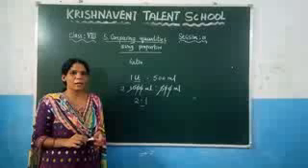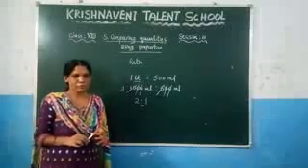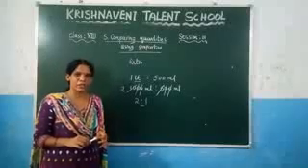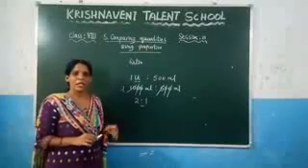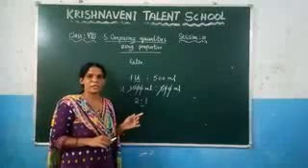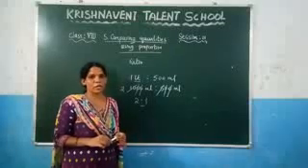The ordered comparison of the quantities, we call it as a ratio. And if you want to find the ratio of any two given quantities, you need to check the units. If the units are not the same, you need to convert the units into the same units so that you can find the ratio of the given quantities.